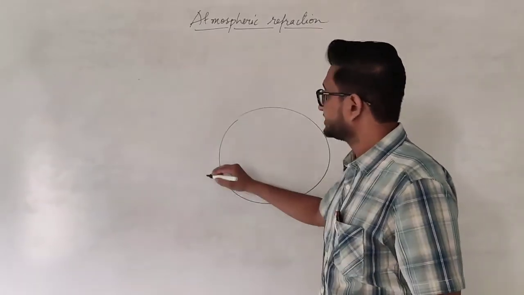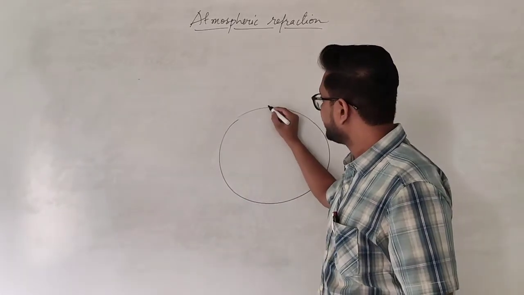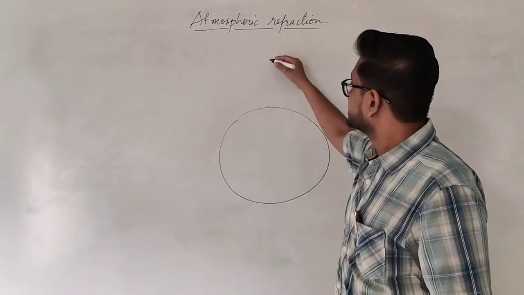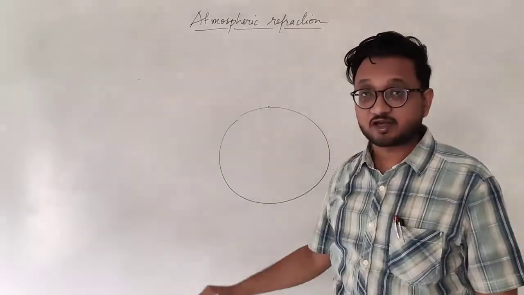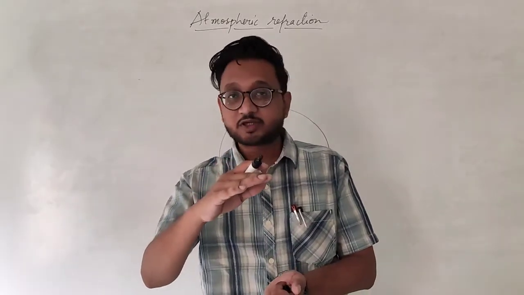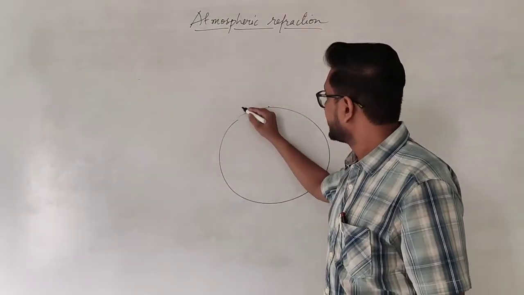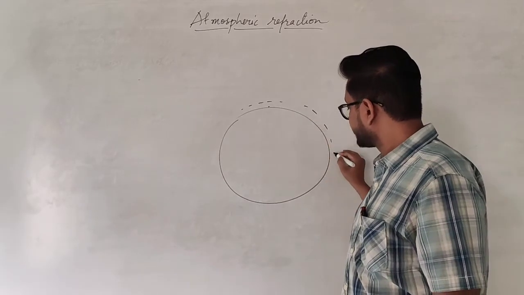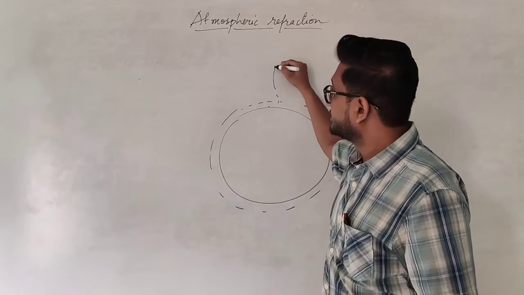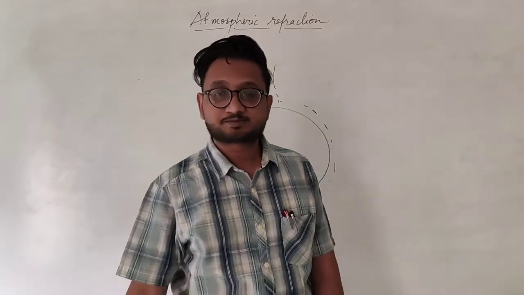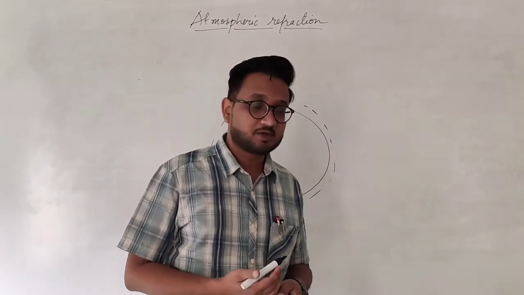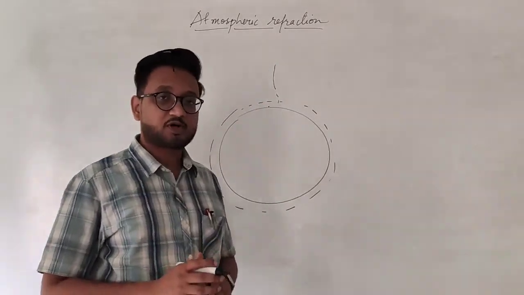Okay? Let's say this is our earth, and therefore the gravitational force is maximum towards the surface. Why? Because all of the atmosphere around us also has particles, air particles, molecules of the different gases, and they are dense because of the gravitational force towards the earth. As you go higher and higher, the pressure starts to decrease, similar to what we experience in liquids. Okay, but that is not the important point over here.